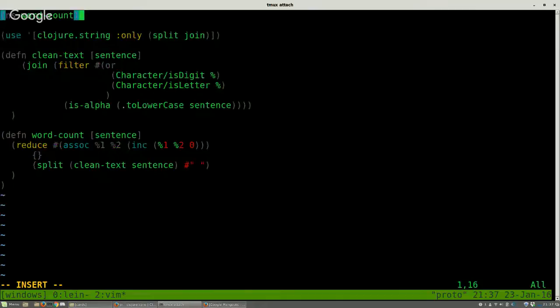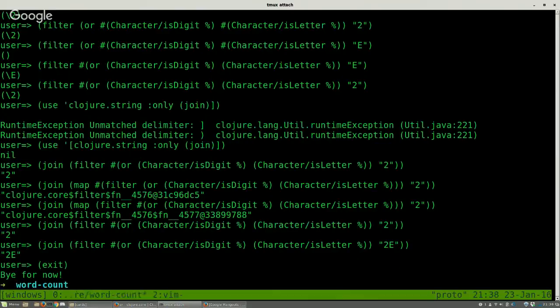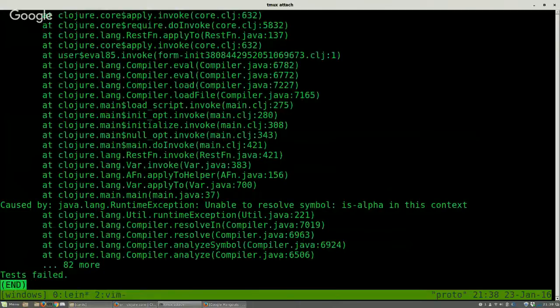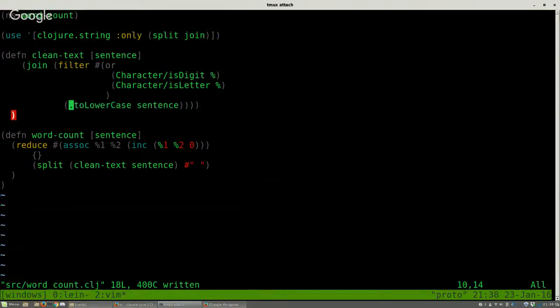Oh, I see what you did there with the indenting. I think that makes sense, right? Because we're filtering based on that function, and we're going to pass this into that function. Yes. I think that works. I guess we'll find out. Definitely find out. Not work. Nope. Oh, is alpha. I think that's a remnant from our old thing. I just want